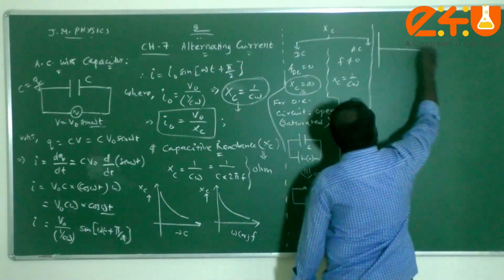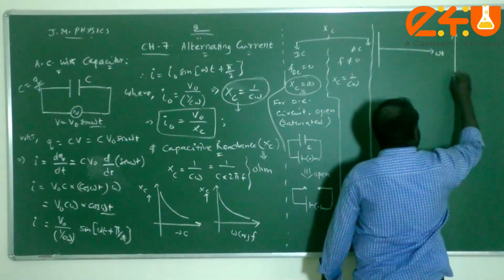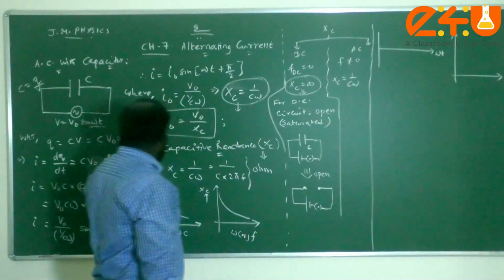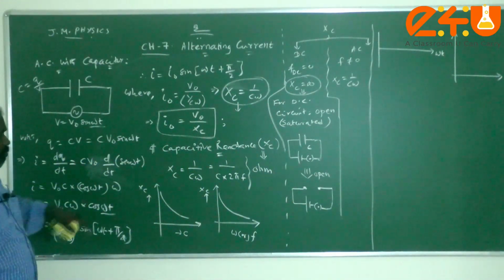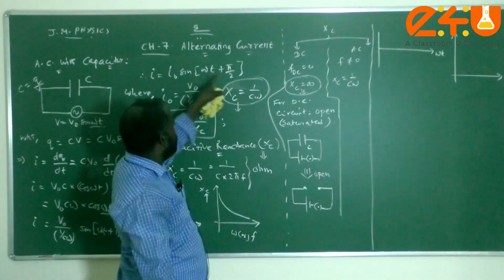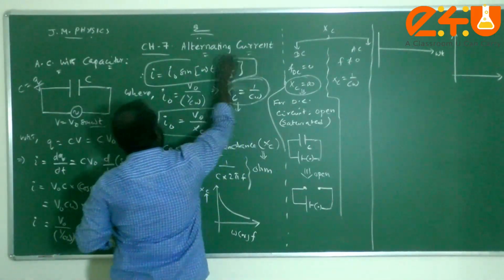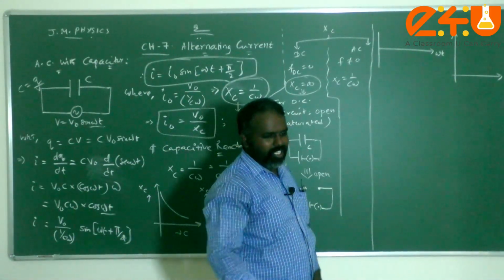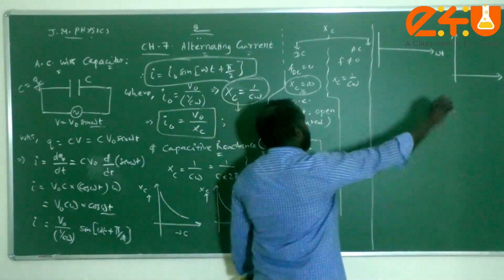Okay, now next, as we discussed earlier, now we are going to draw the graph. So this is the voltage graph, and another one is the phasor diagram. This will be what children? Phasor diagram. Yes, you just see how to draw the graph. You take when time equal to 0, voltage is 0, but when time equal to 0, current will be what children? This will be sin 90 plus, therefore plus I naught. So this is the expression for I naught. Okay, so like that you just substitute the value of omega t. Omega t has to be 0 or pi by 4, like that. Then we can get that.